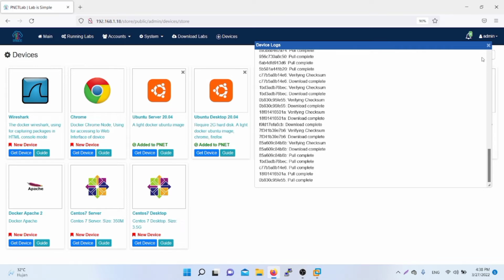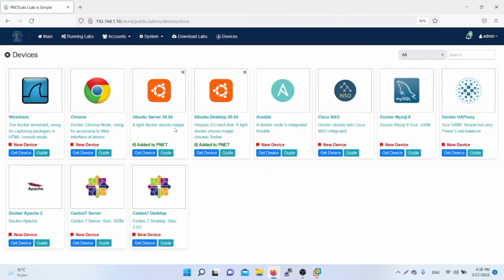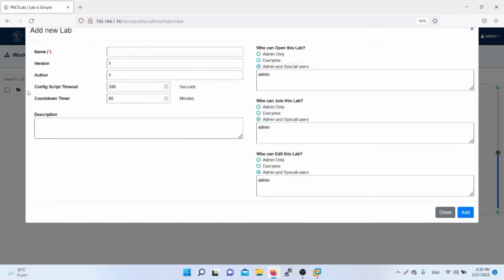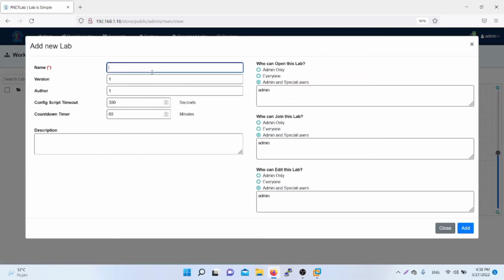If the text turns green, it means we have installed Ubuntu server. And the next step is we go to the main menu to add a new lab. Why must we add a new lab? Because if we do not have a new lab, we cannot add a new node and add a new network for Ubuntu server.